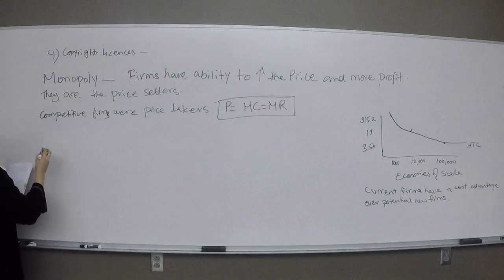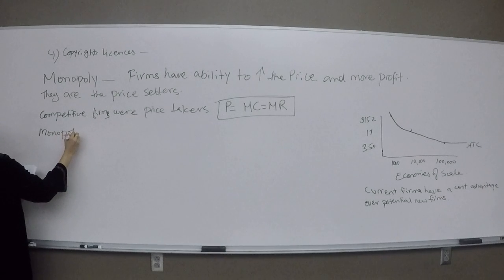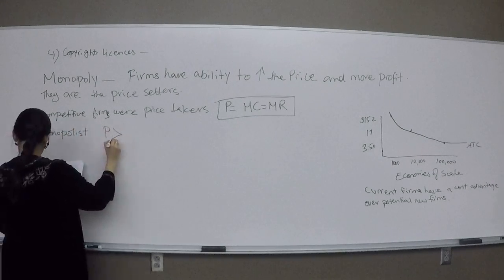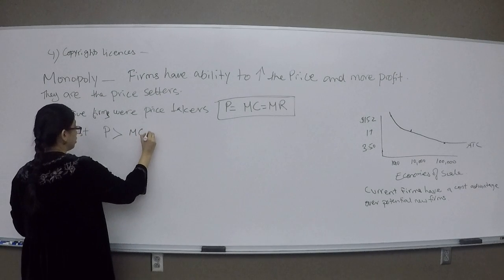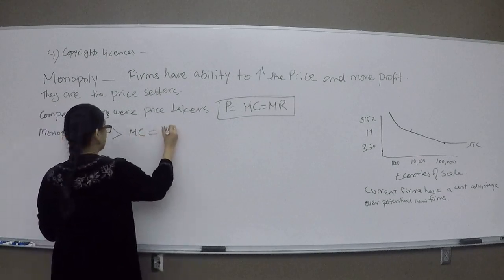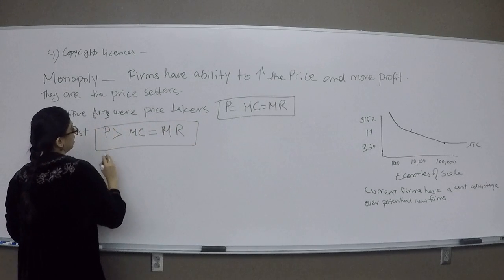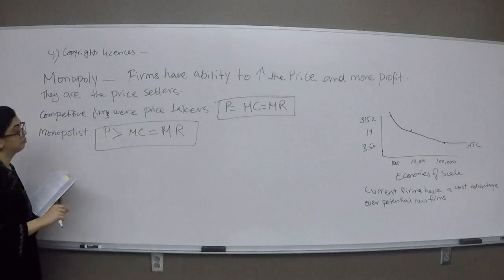That's not the case for monopolists. For monopolists, price is greater than marginal cost. But the equilibrium